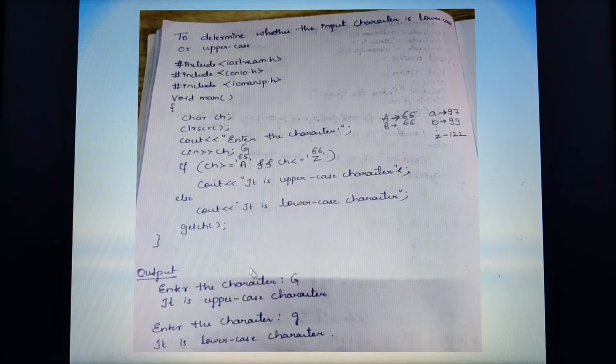If the entered character is lowercase g, its ASCII value will be above this range, so it will be considered lowercase. So this if else statement provides the alternative statements. If the condition is true, then the true part of the statement will be executed, else the control will jump to the false part.